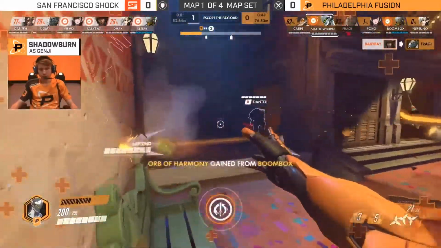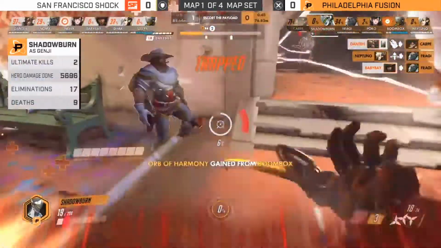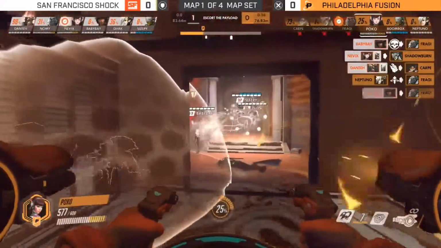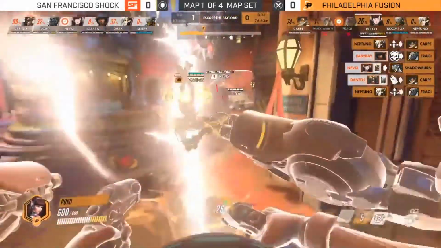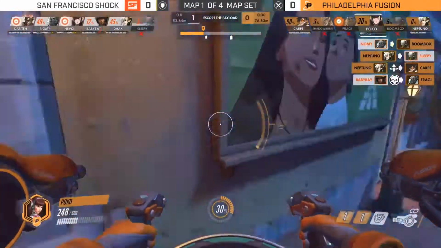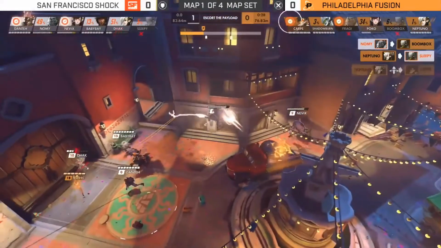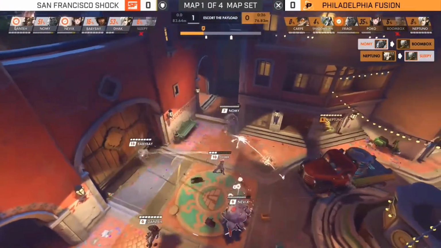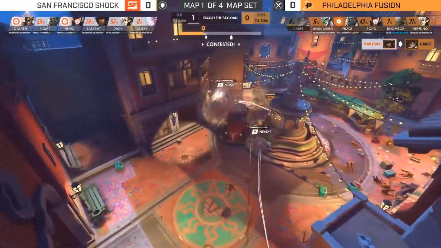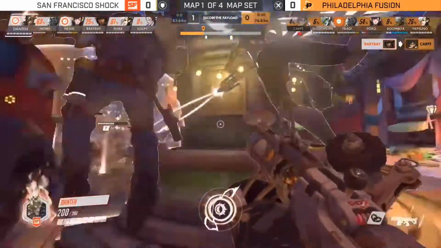But it's not something you see very often, so it makes sense that Fusion would just say, hey, we have Blade, we have Transcendence, we have Valkyrie, let's just go kill them, guys. And this was the result. Despite using everything and using them all in relatively okay scenarios, you just couldn't break it. So fantastic job, fantastic defense on Dorado by the San Francisco Shock to take the first game of their series